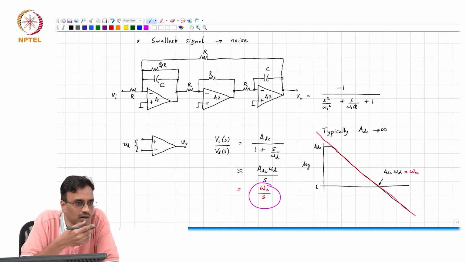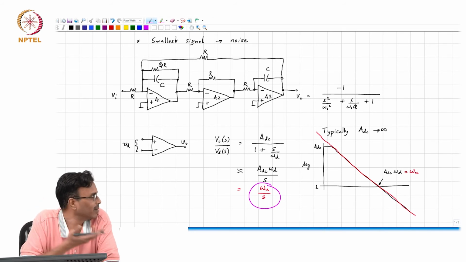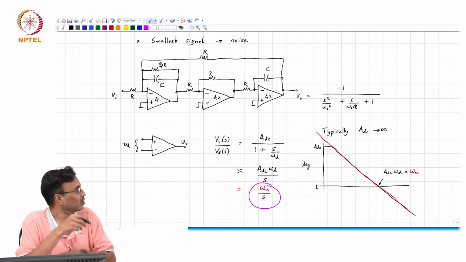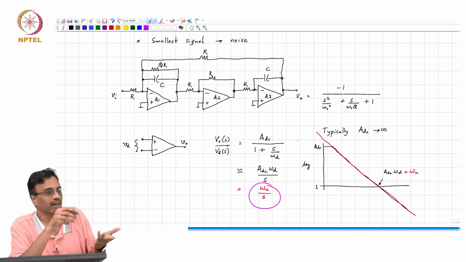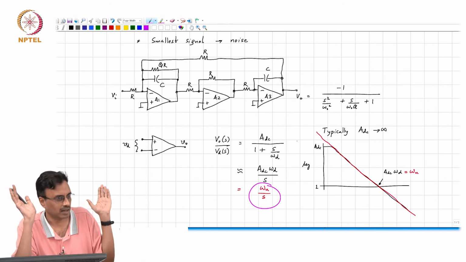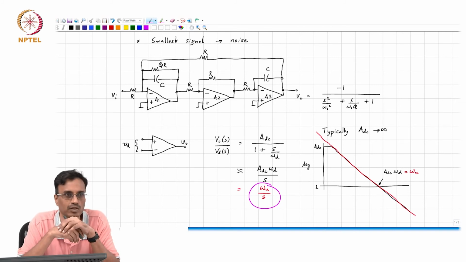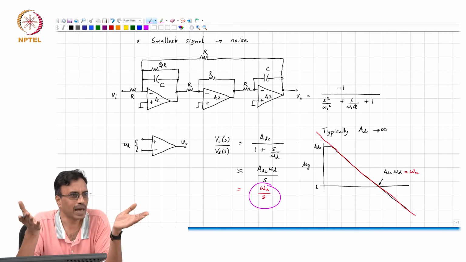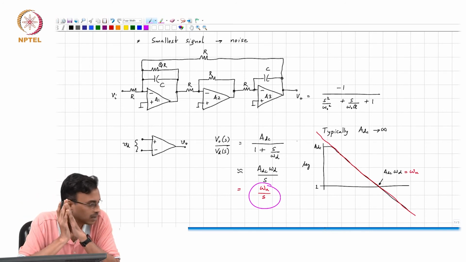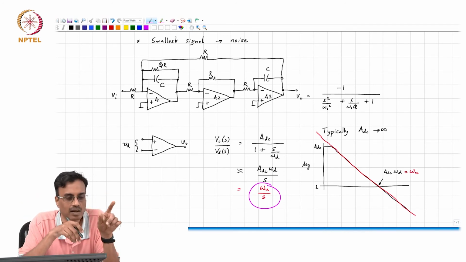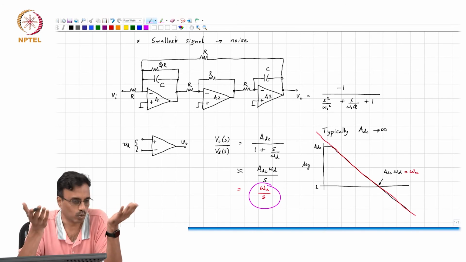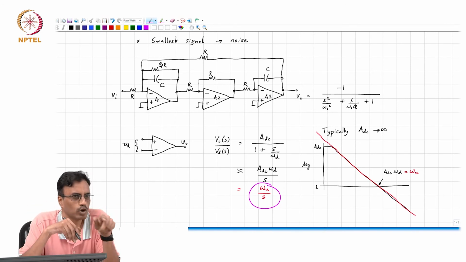Well, there's no rocket science here, right? You think of the op amp as omega u by s and go through the math. It probably is going to run into a couple of pages of algebra, but in the end, you will have the transfer function. That kind of analysis you can do, but what have you not exploited?